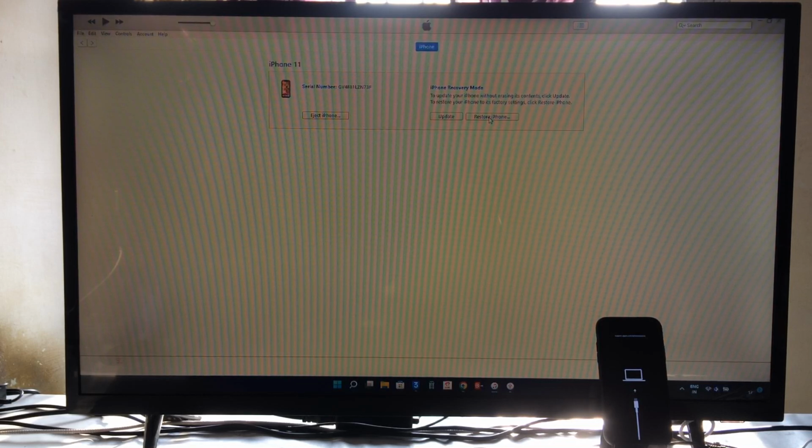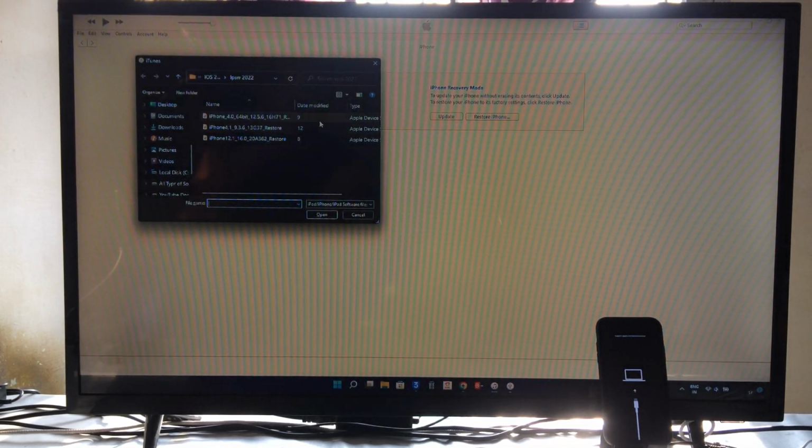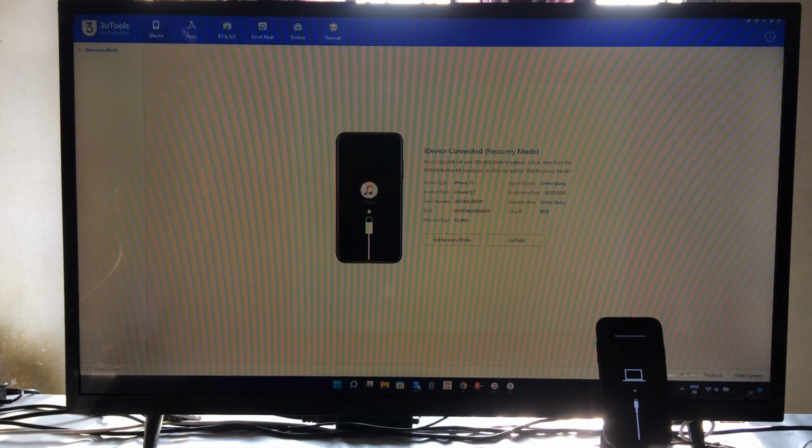So once again I will hold the shift key and we will go here. This one I will click on here. It's saying that to restore your iOS you need to install the latest. So it's not taken here. So in that condition,